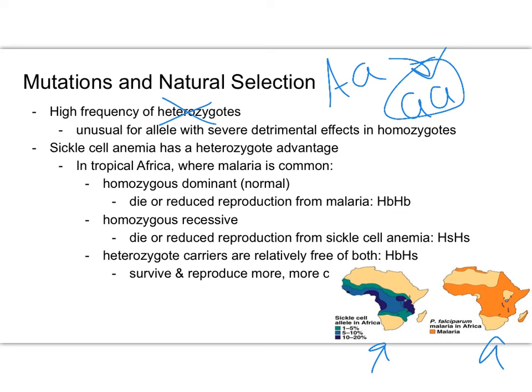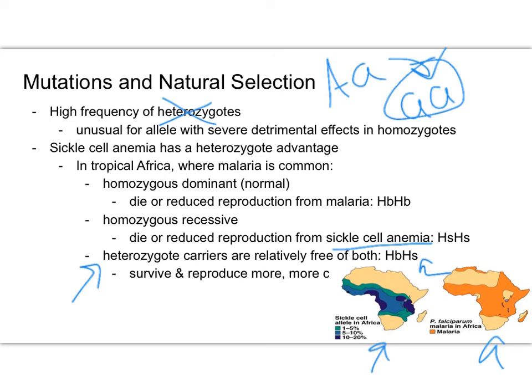Homozygous recessive genotypes are going to have a problem with actually having sickle cell anemia. So malaria isn't necessarily the issue for them, but they're having all the side effects and complications that go along with having full-blown sickle cell anemia. However, a heterozygote carrier is usually the one most likely to survive. Yes, they will have some sickle cell issues because they carry that sickle cell allele. However, that sickle cell allele offers protection from malaria.